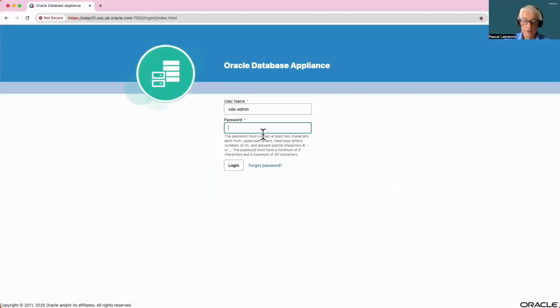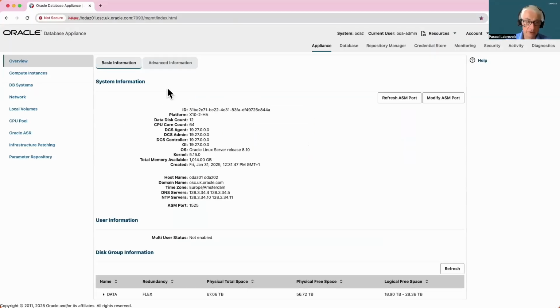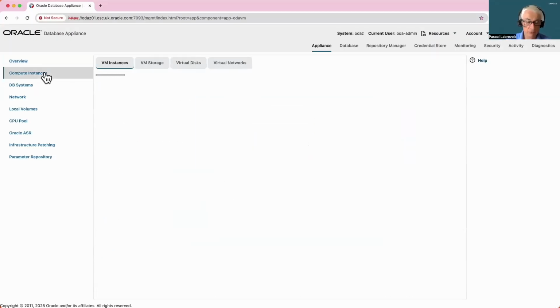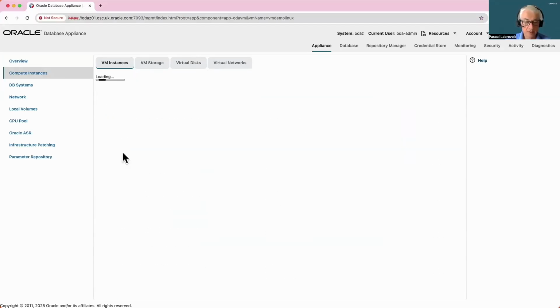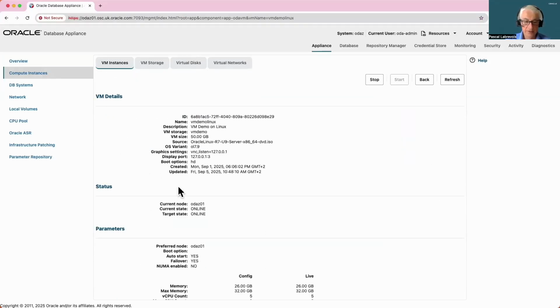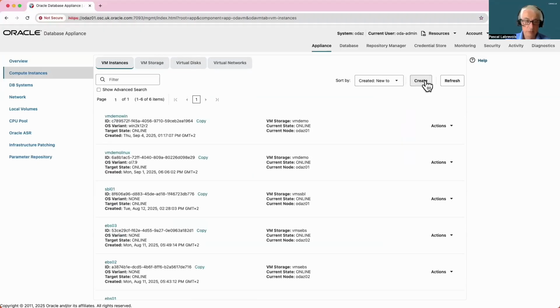So you now have the Linux and Windows VM created. I'm going to show you how to manage the VM to stop and start the VM and other commands from the command line from the console. I'm going to show how to stop and start the VM. So I'm going to come back to the Linux VM that is running on the node 01, and I will stop the VM.